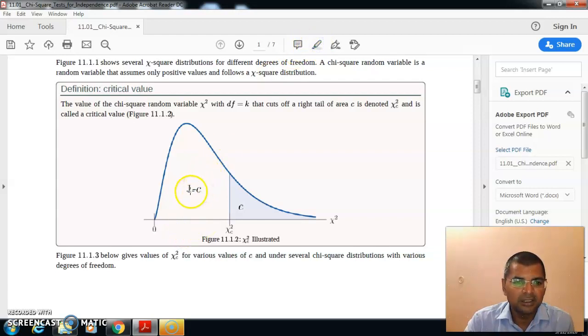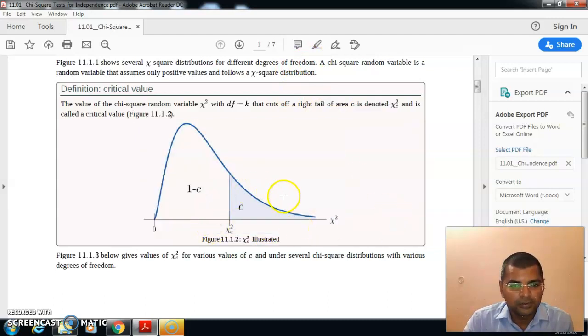This is the area which we call acceptance region. If your calculated value is more than your critical value, then your value falls in this area and it is your rejection region. So when you have value in this region, you reject the null hypothesis,